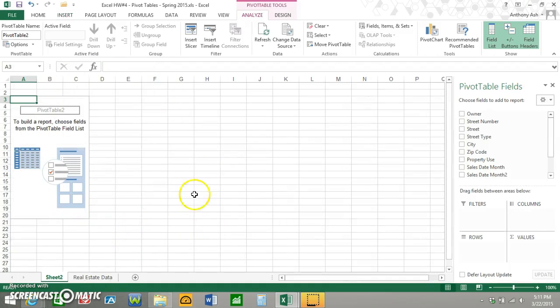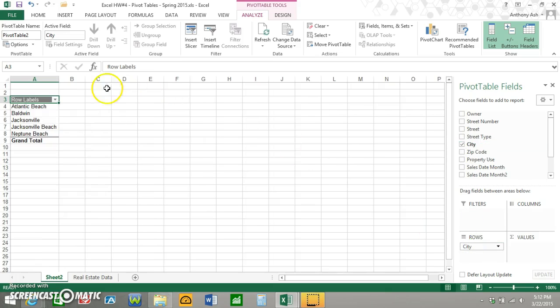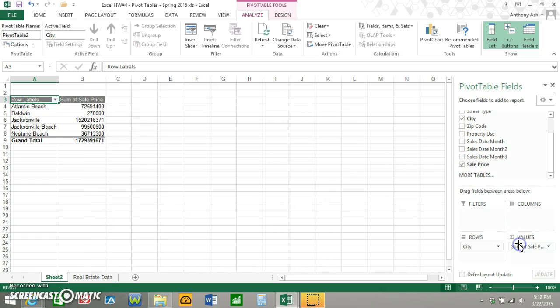And this will come up as soon as you create a pivot table, and you can see all of the columns that we had on our worksheet now appear here, and we can drag these fields to filters, columns, rows, and values. So today we want to sort by city first and foremost, so I think that it'll be good to have that on the row side. And then we want the average sales price